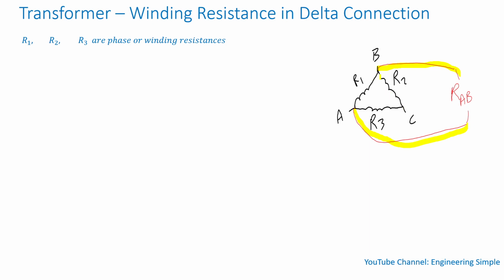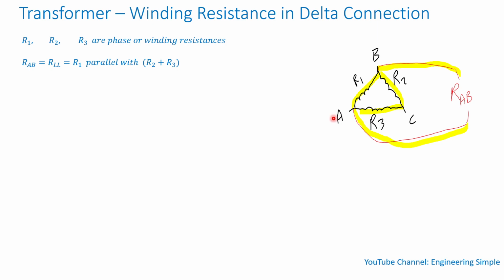So in this case, it's this winding in parallel with the sum of these two. So RAB is equal to the line-to-line resistance, which is R1 in parallel with the sum of these two,